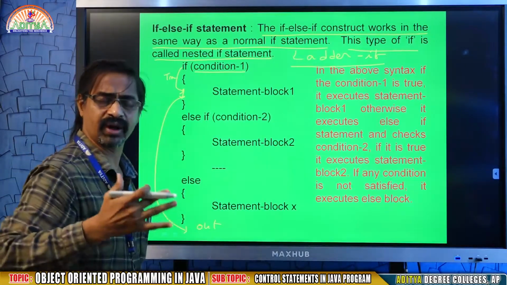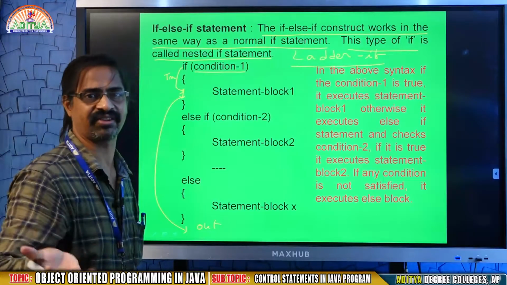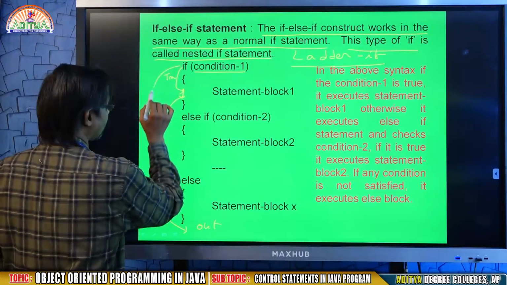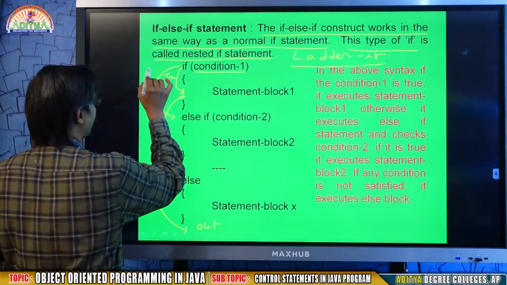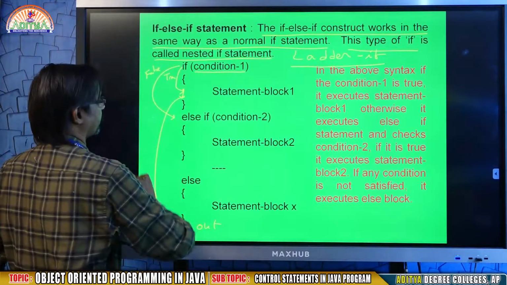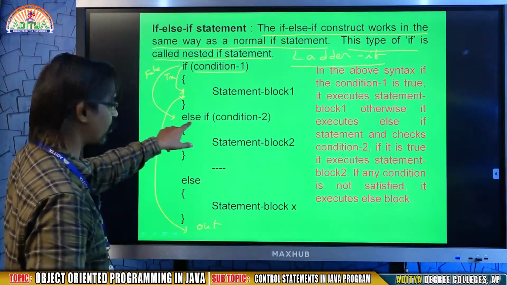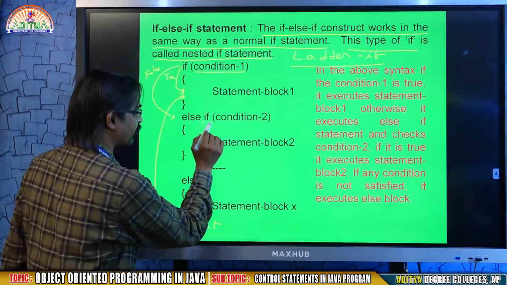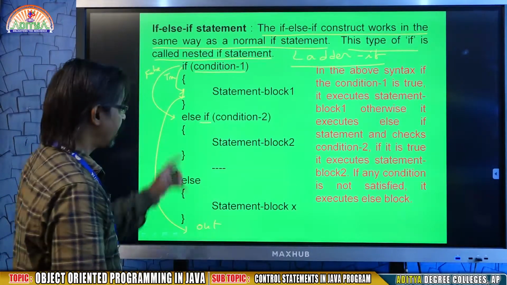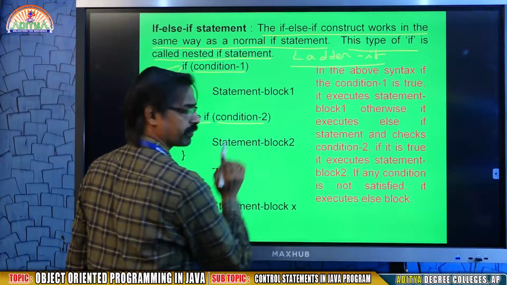In case the condition 1 is false, as usual, where will it go? It will go to else. In else, there is another if statement. Again, we will check the condition 2.